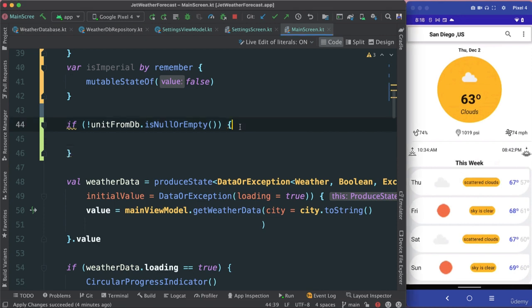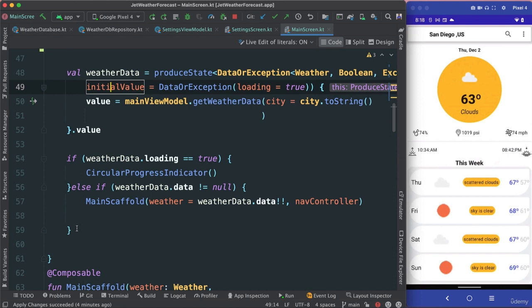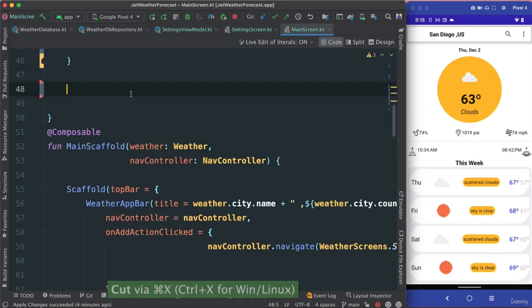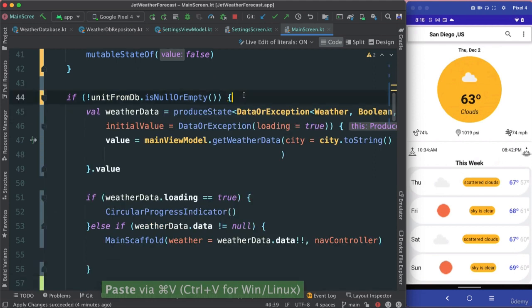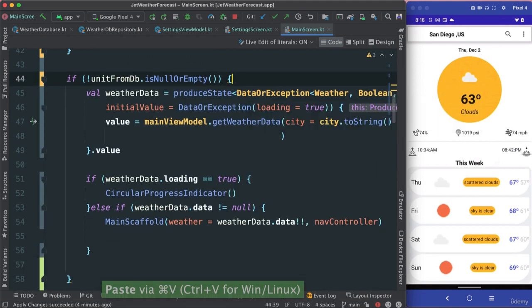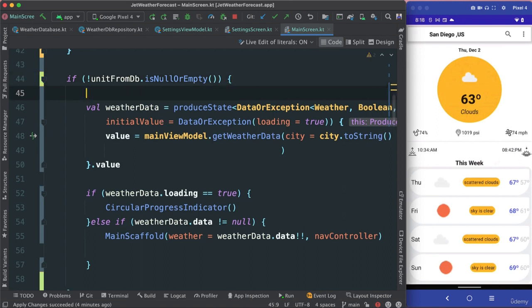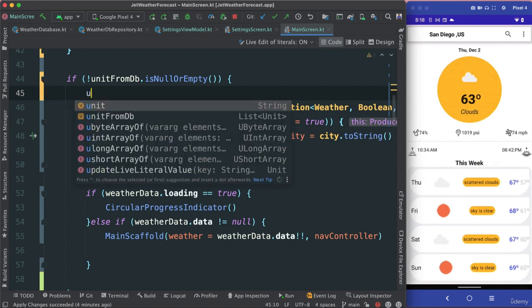If that's the case, then I'm actually going to get all of this inside this if statement. Okay. So if it's not null or empty, then I'm going to set our unit